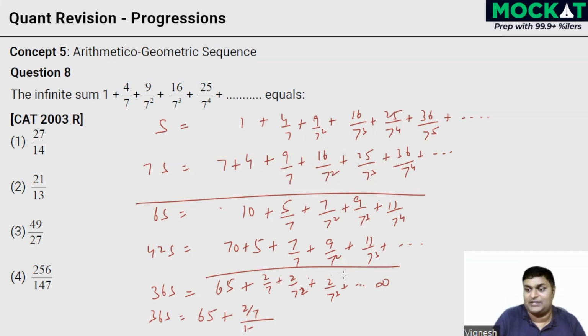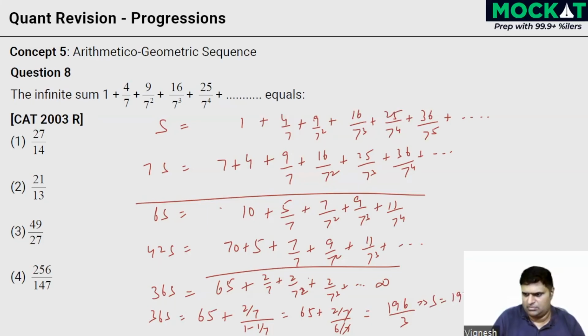R over here, every subsequent term I'm multiplying with 1 by 7, right? 1 minus 1 by 7 is 6 by 7, right? So that's nothing but 65 plus 2 by 7 by 6 by 7, 7, 7 cancel, 2 by 6 is 1 by 3. 65 plus 1 by 3, if I take the LCM, it's going to be 65 into 3, which is coming to 195 plus 1, right? Which is going to be 196 by 3, right? So 196 by 3, I can bring the 36 down. We're going to get S equals